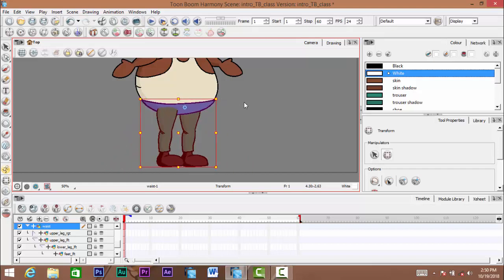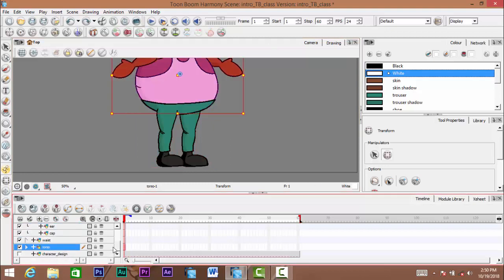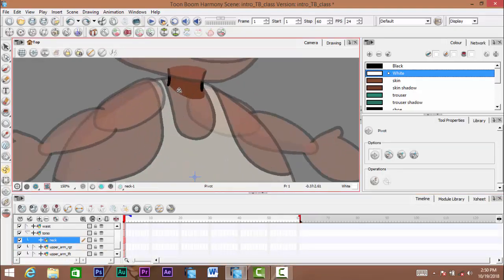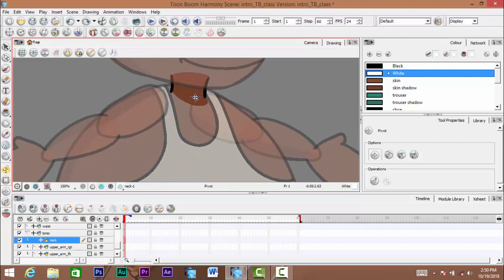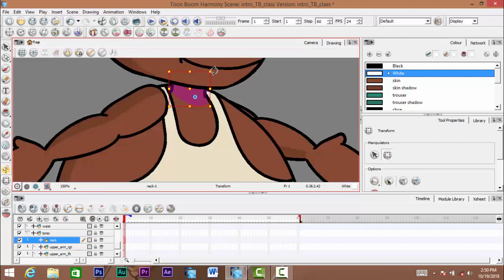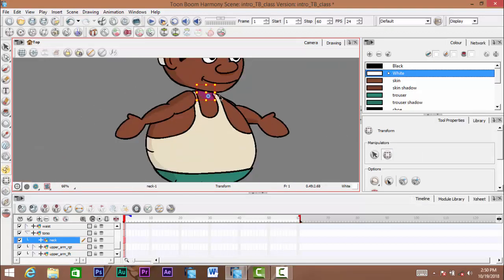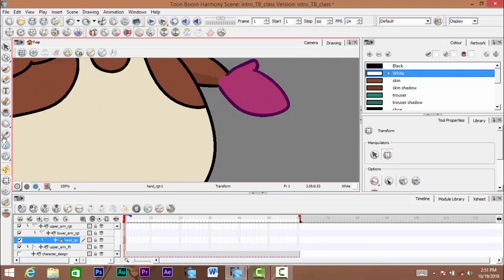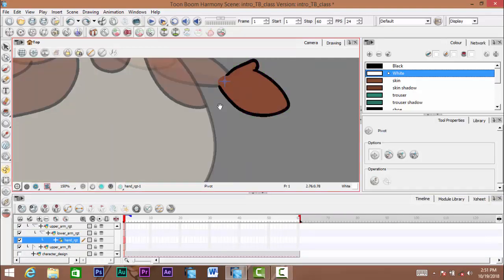All right, so the next thing is to go down to the torso, open up the torso, and start placing more pivots, starting with the neck. Place it somewhere here. Let's test it out. Okay, go to the upper arm right, open it up, hand right, and place your pivot somewhere here,